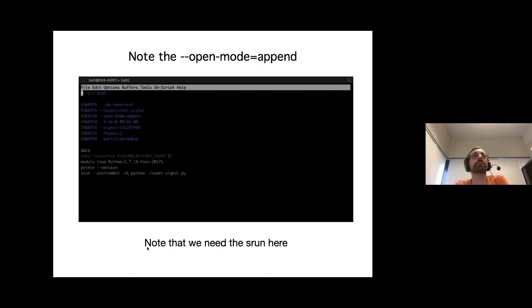So let's look at the example. That's exactly the same type of script that you wrote this morning. I put a job name and an option for where I want my output. Here is something a bit different than usual: open-mode equal append. What I typically don't want is to overwrite the output each time. I want to still have the full log. So I tell it that if the output already exists, just add the lines at the end of it, instead of the default, which is to overwrite it completely.